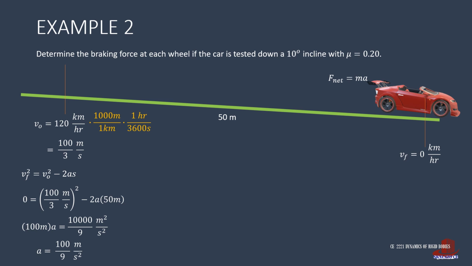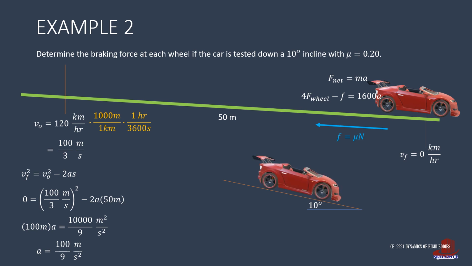With Newton's formula, F is equal to m times a. Force is considered as the force of the four wheels less the friction, and this is equated to the mass of 1,600 times acceleration. Friction is computed as the coefficient times the normal force, where the normal force is also dependent on the weight. Take the car inclined at 10 degrees. Its weight is still projected vertically downward as 1,600 kilograms times g of 9.81 meters per square second, giving